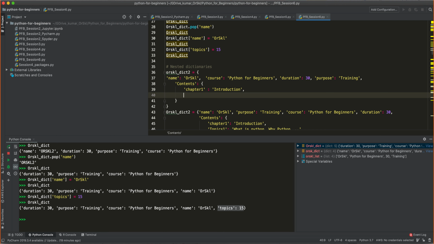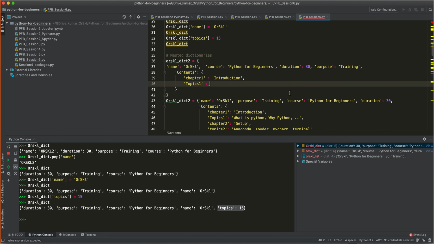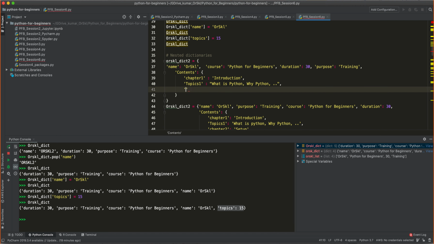What are the topics of chapter 1? So I would say topics of chapter 1 are something like what is Python, why Python, all of these we covered, right? Similarly, what was chapter 2? Again, chapter 2 will become my key. The value inside chapter 2 would be setup, as we have seen.